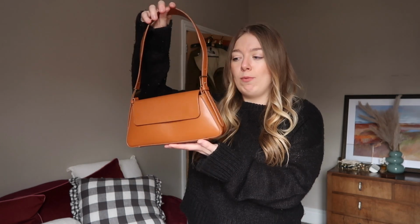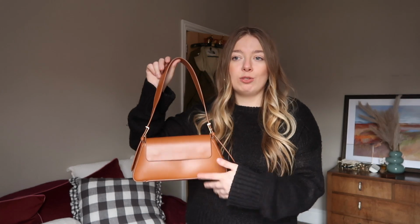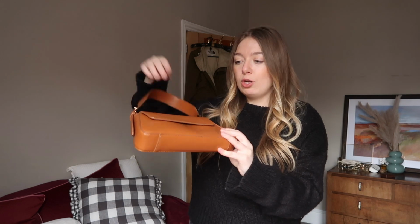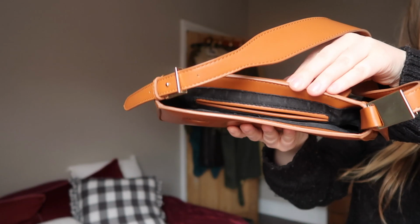For years I was completely not into buying new bags, or a bit more of a clean simple bag. But as I got older and I realized I was going to weddings and things like that, I was like, I don't have just a plain classic bag. Sometimes you want your bag just to blend into the back of your outfit, and this one tends to do that. So like the other one, it has got a little flap at the front,